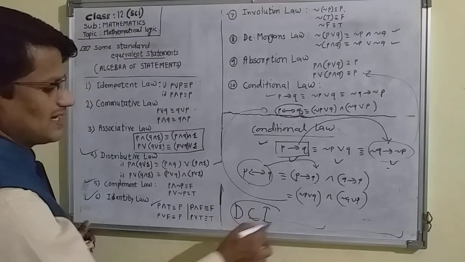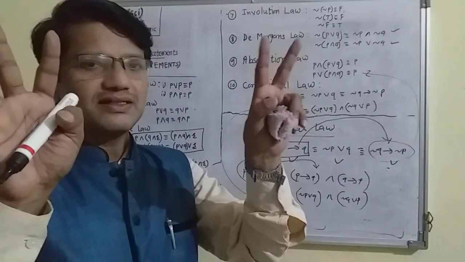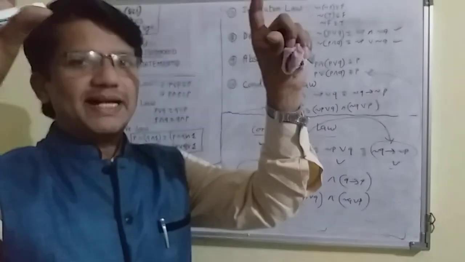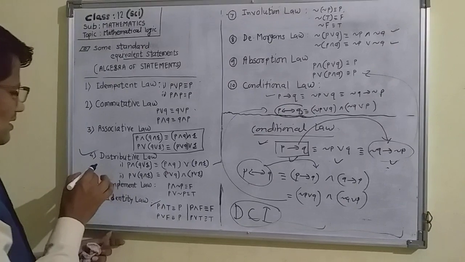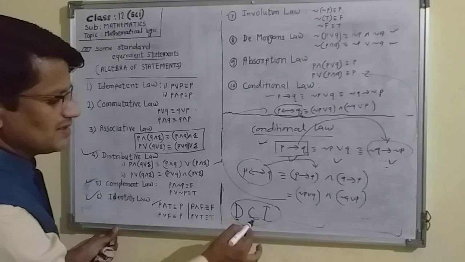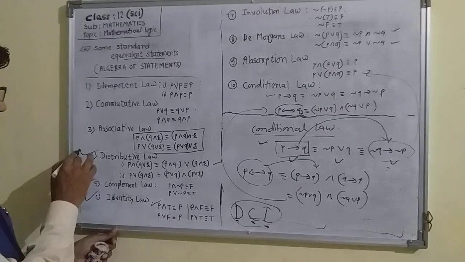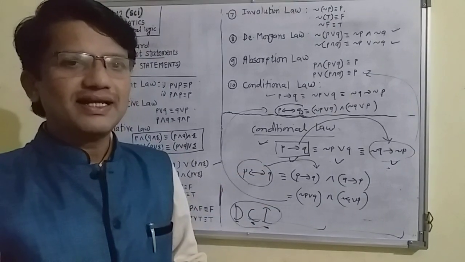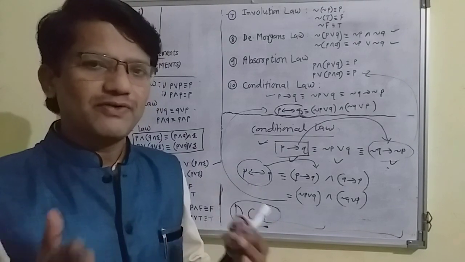In the exam, switching circuits may be given, and the question is like this: observe the switching circuit, convert it into mathematical form, and find the simplest form. The statement pattern can be simplified using all these rules, but the most important rules are the distributive law, complement law and identity law. D for distributive law, C for complement law, after that identity law. These laws are very important. Thus we have completed this whole topic. In the next lecture we will see examples related to this topic from a revision point of view.